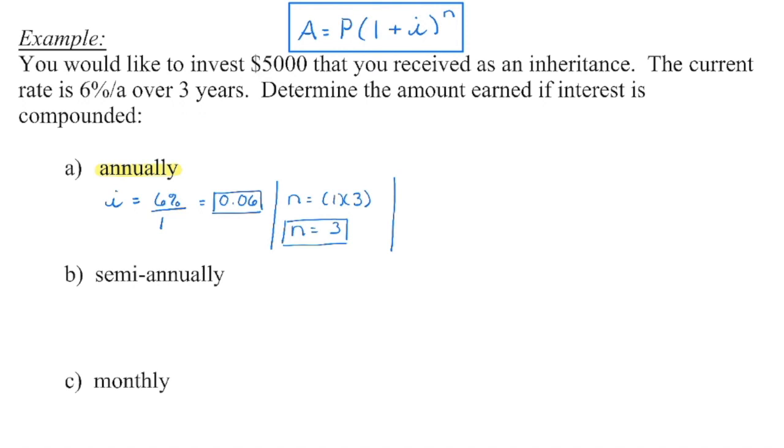Once we have those two values, we can substitute into the formula to determine our final amount. So we're going to put in our $5,000 principal. Now, I would not ever write 1 plus the interest rate. Let's just add them together. So 1 plus 0.06 is 1.06, to the power of 3. Now the variable is already isolated, so you're going to just type this into your calculator as is, and because it's money, we're going to round to the nearest cent if we need to round, and we will end up with